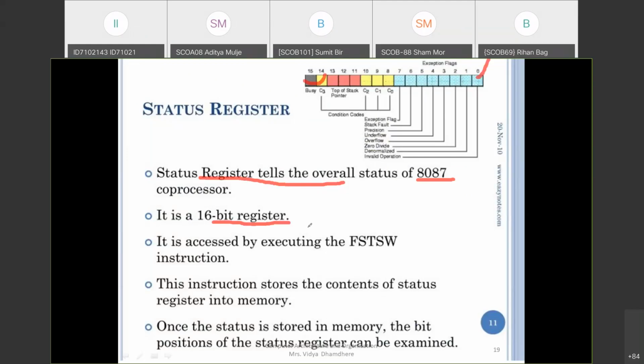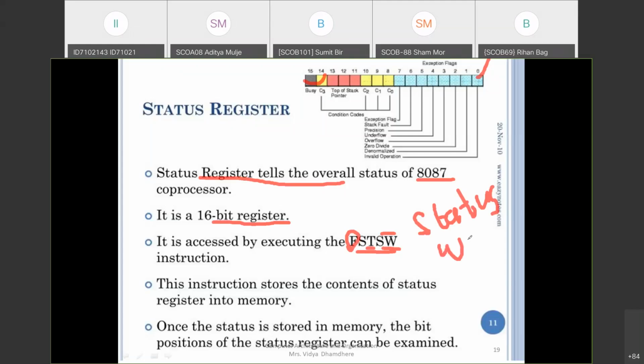Then it is accessed by executing the instruction FSTSW. The meaning of this instruction is that F stands for a coprocessor instruction, ST stands for stack, and SW means stack status word.